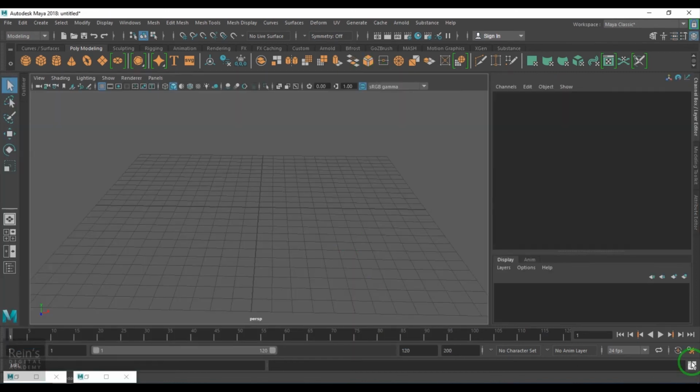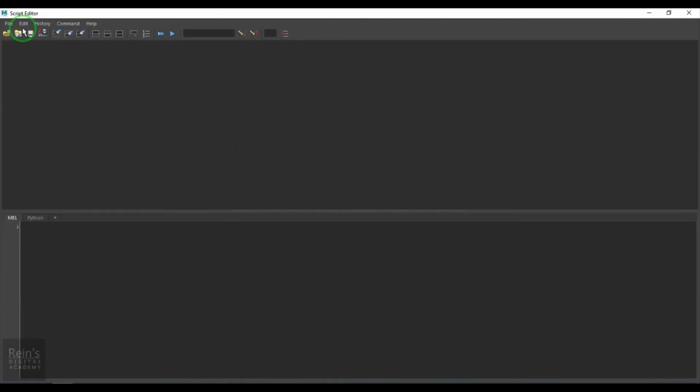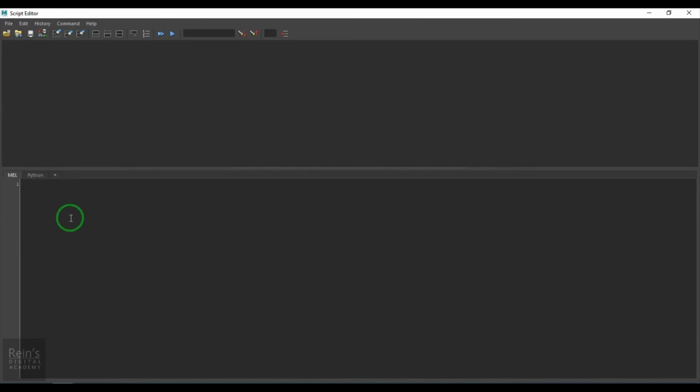I'll open the script editor and make sure that you hit this button so that everything is cleared here. I'll come down to the MEL section and just type clamp. It's a MEL command. I'm holding Control and scrolling the wheel, and you see the clamp here.